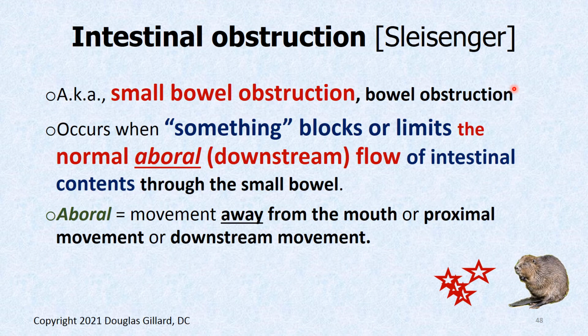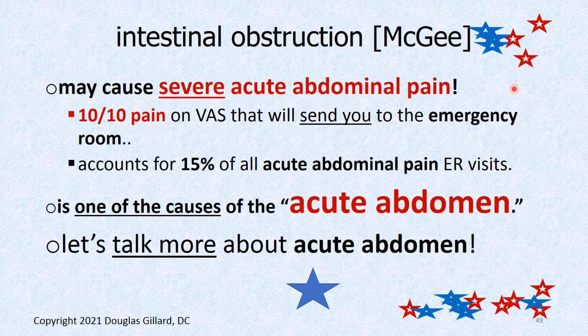So it occurs when something blocks the downstream flow of fecal material. That's called the aboral flow. Aboral means the downstream flow. Something blocks it, so you get some type of beaver dam because of that. And eventually it's going to cause severe pain as the bacteria get stuck there. They multiply, they release methane gas, and the gas expands the intestine. And more of the fecal material starts piling up if you're still eating, and the gas and the fecal material pileup stretches the intestine,